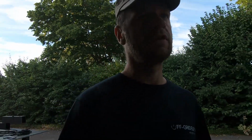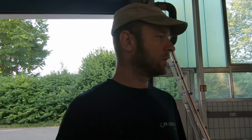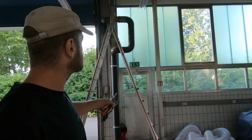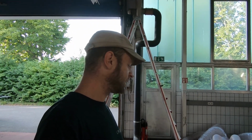There's a bunch of things that need to be done right now, which is the extraction system has to be installed. So this hall here is an old mechanics garage. It's designed for a garage, and it's got things like extraction system for exhaust gas built into the floor all over the place. And this means that we've got an extraction system up here, which is quite powerful. And we're going to use this as our welding extraction system to be able to pull out all these noxious